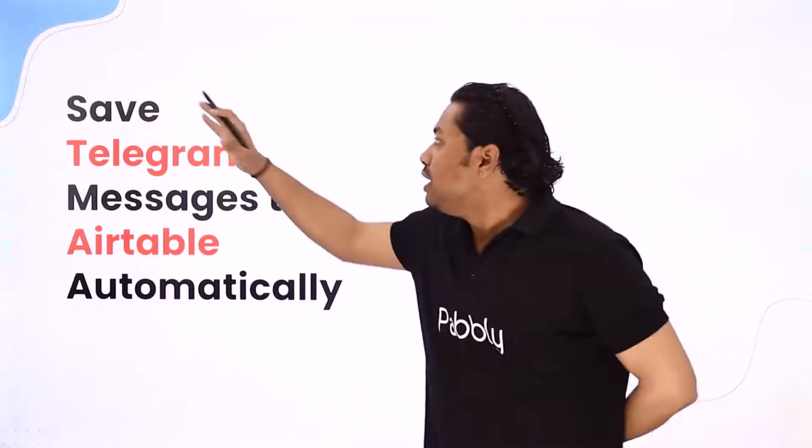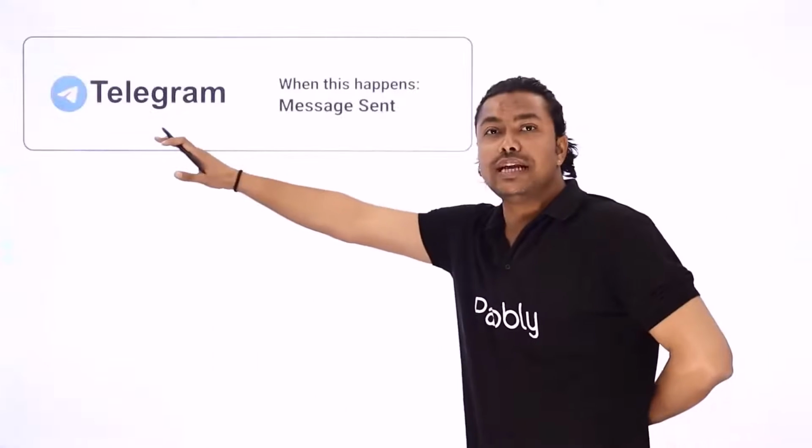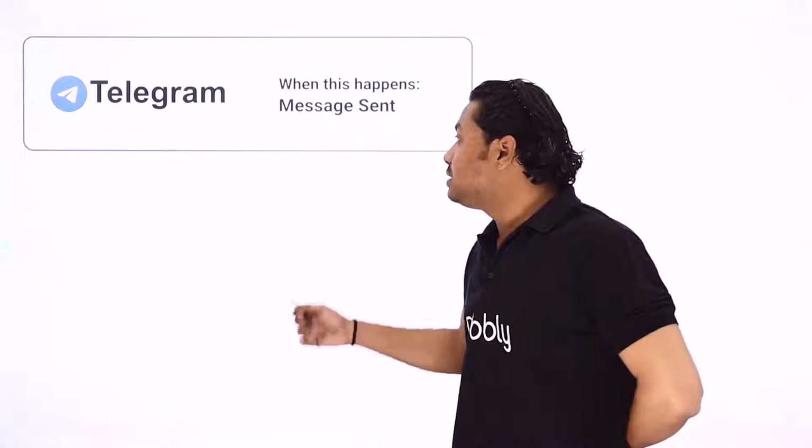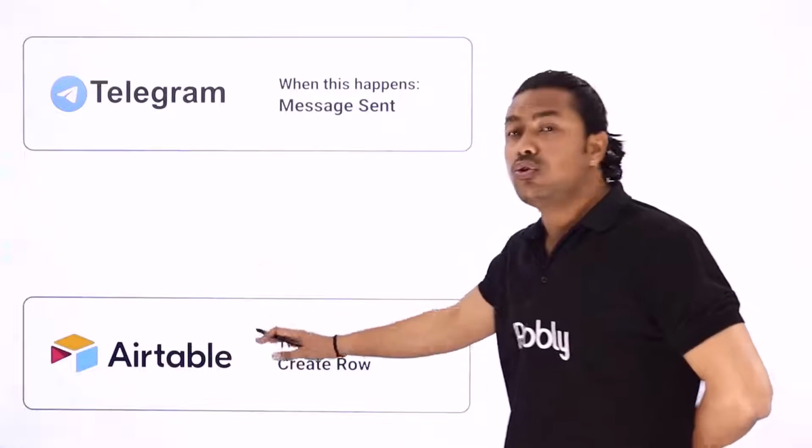Now the use case is very simple. Whenever we have a new Telegram message in our specific Telegram channel, a new database will automatically be created in our Airtable. The process we are going to follow here is, first, we are going to send a message in our Telegram channel. After that, the details from that message will be sent to the Airtable database